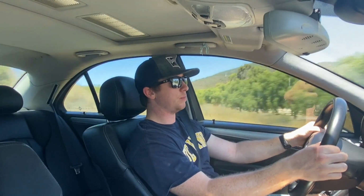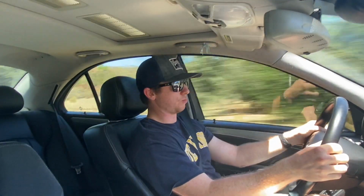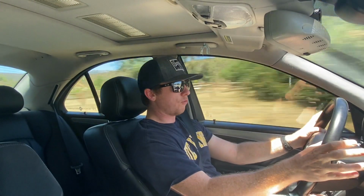But that's a performance mod that is often overlooked with any car, which is just a good set of tires. You'd be surprised at how much better your car will handle when you've got a decent set of tires on it that have good life and tread in it, especially tires that can handle a little bit of wet conditions as well. But overall, the traction feel of this car does feel very planted,